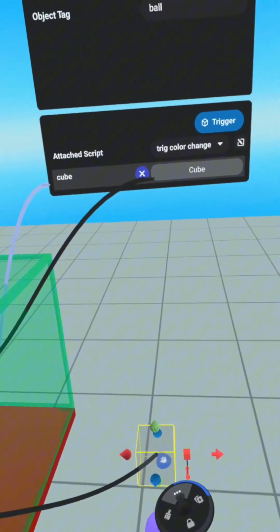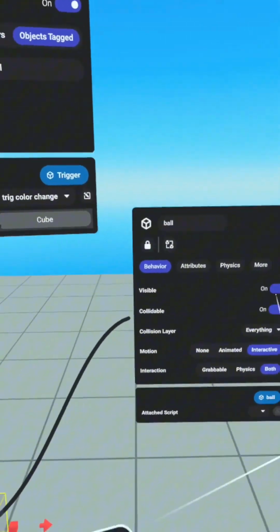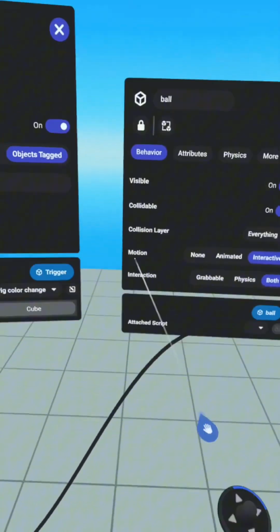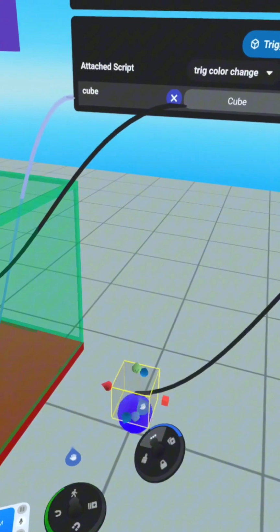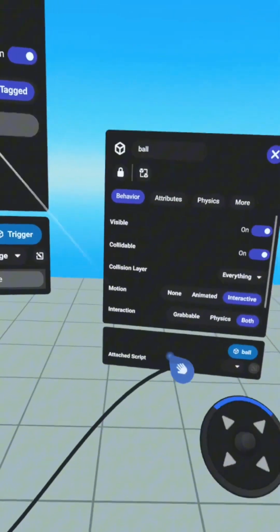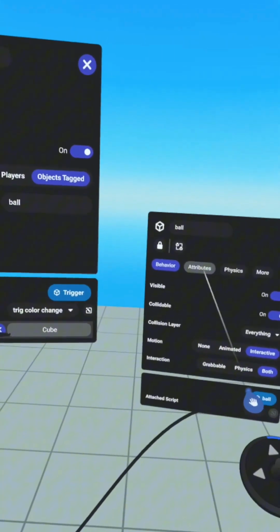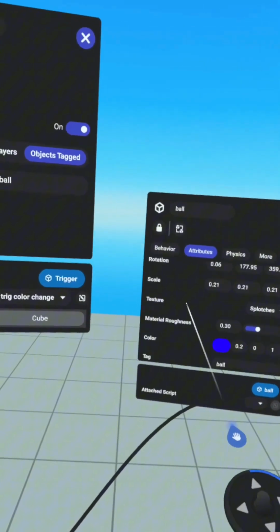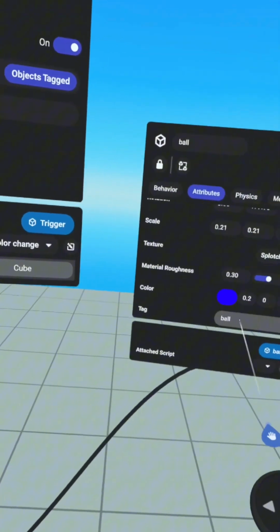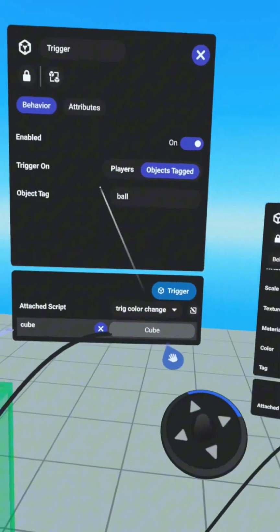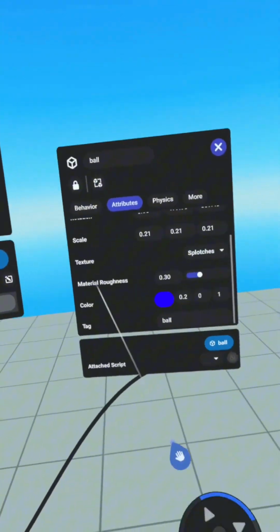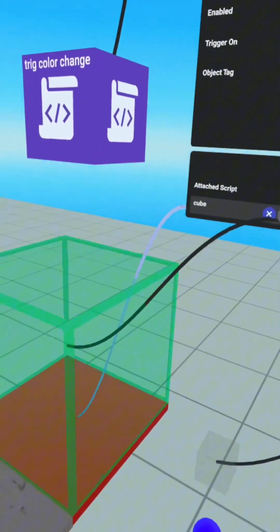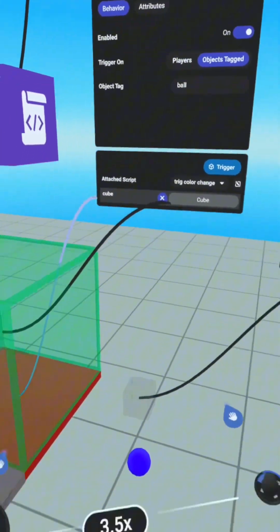It doesn't have to mean name ball. It could be named Tom, whatever you'd like to name it. And then over here on the ball's property panel, which is this guy right here, we're going to scroll down to the attributes here, and right here where it says tag, we're going to write ball. Make sure that they match. Now that they do match,